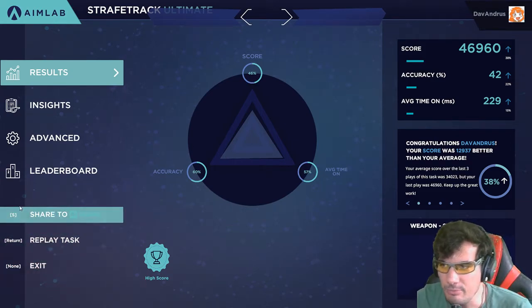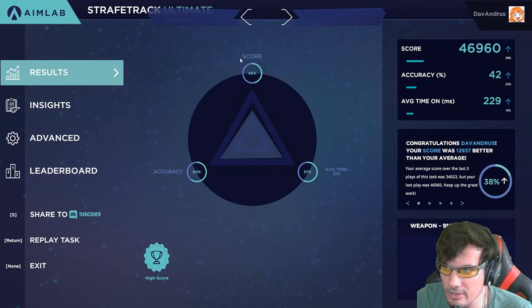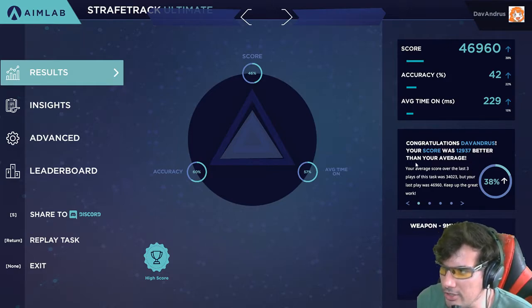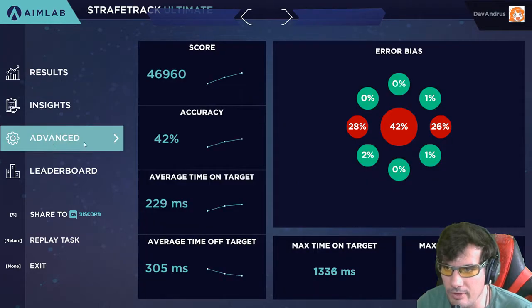But this is, again, really cool. It tracks different things like score, accuracy, average time on. Like, congratulations, your score was better than my average. It keeps track of the average. Go to advanced insights, error biases, and of course this is just back and forth. So